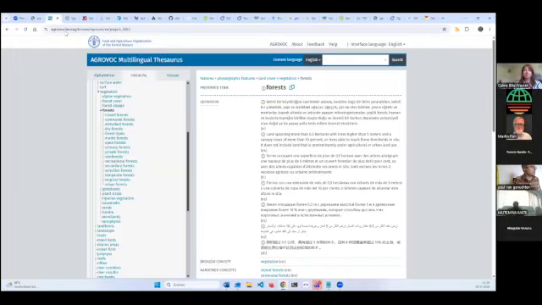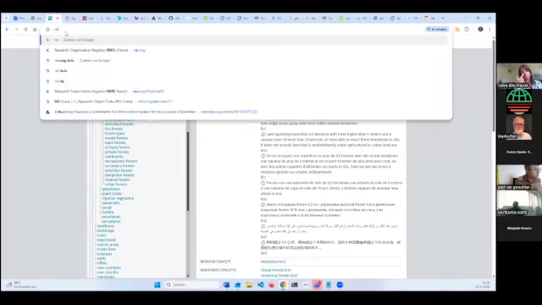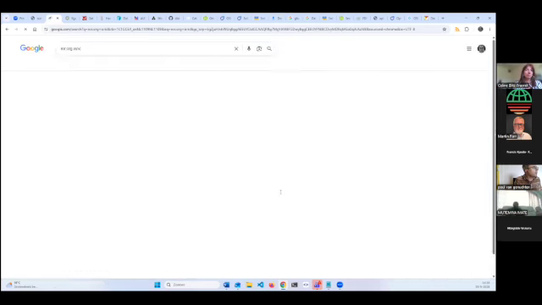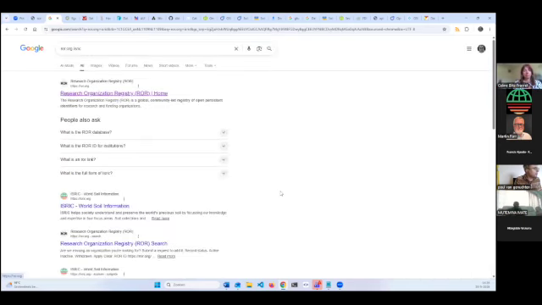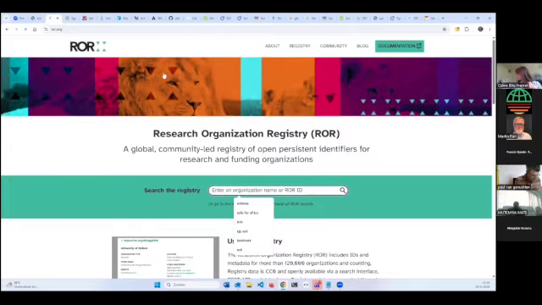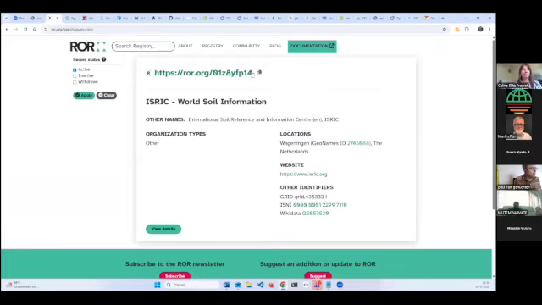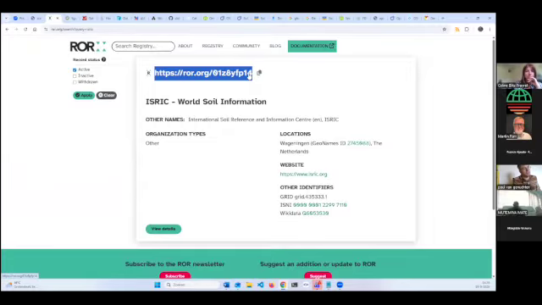So, for example, if I go to ror.org and I look for ISRIC, then you notice that this is the ROR identifier of ISRIC. Typically you can find most of the research institutes here. If not, then it would be nice to add your organization. So whenever you create metadata, you can easily reference the organization by its identifier.